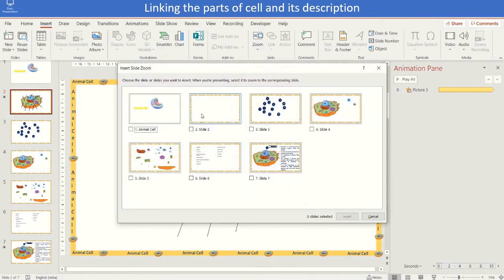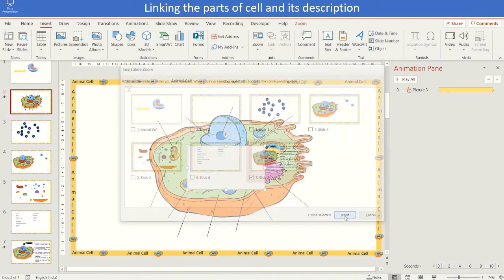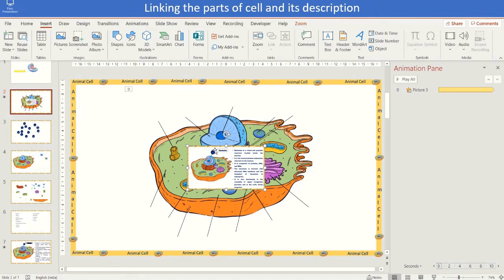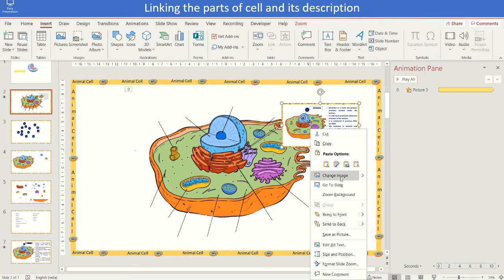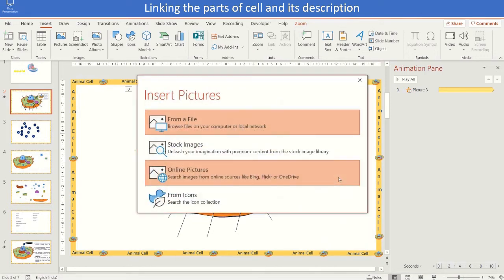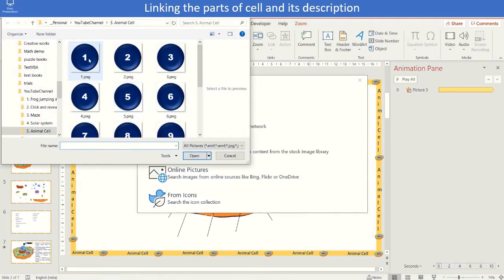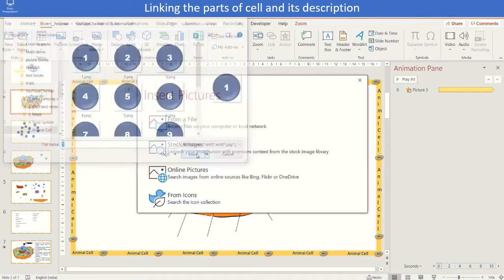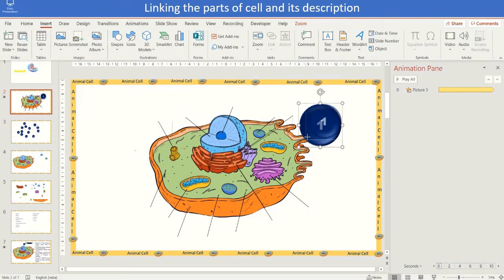Click Insert, Slide Zoom. In the Insert Slide Zoom dialog box, select the slide which you want to connect. The slide picture will come on the slide. Right click and change the picture to the respective number and align to the respective part.